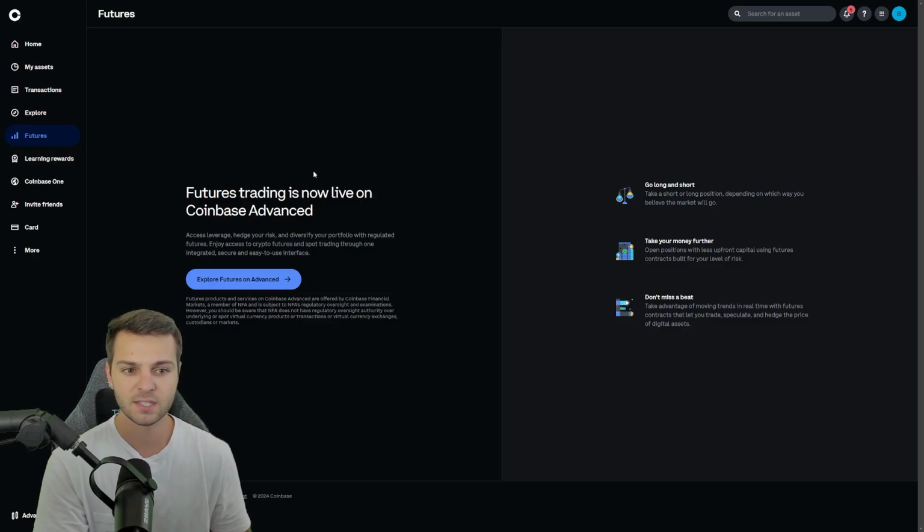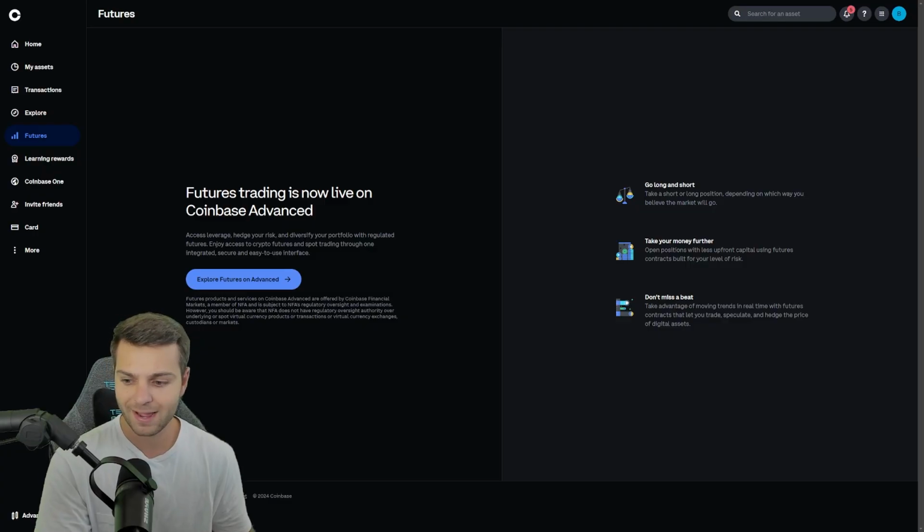Now, if you click on this, you're going to have to sign up, fill in a little bit of information, and it might take a day or two to actually get approved. Now, once you're approved for this, which some of you might actually already be, depending on the status of your account, then you need to go down to this little button in the very bottom left-hand corner of your screen,